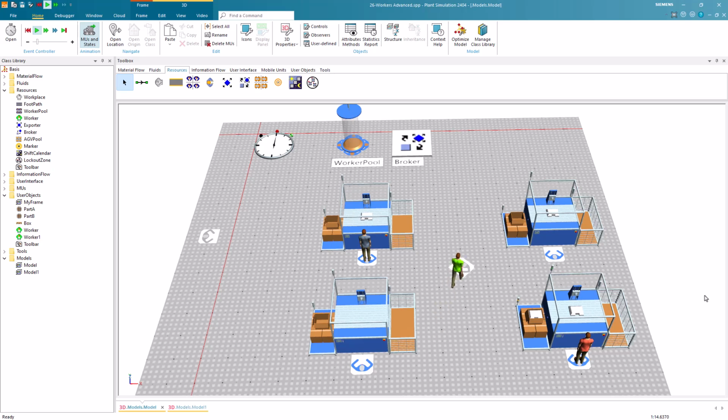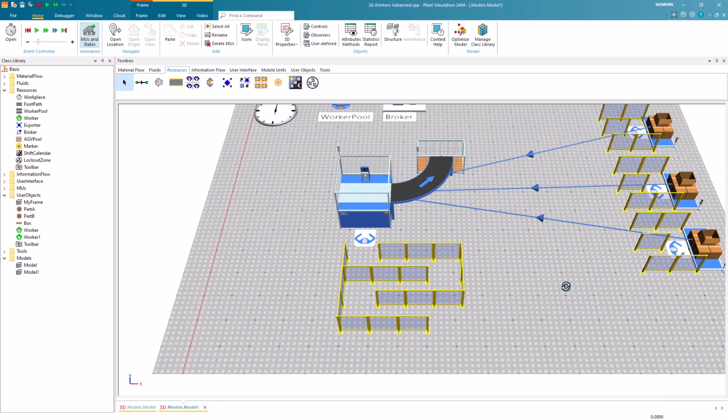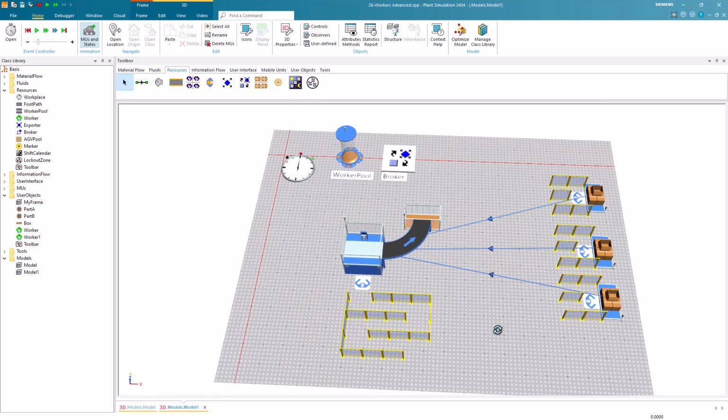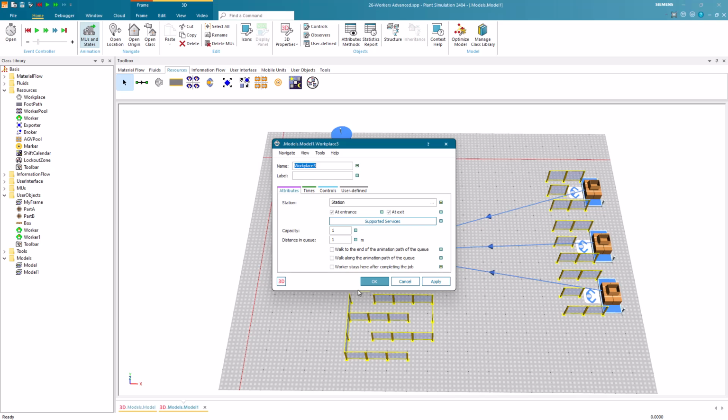Now we will show another feature, which is called Worker Queue and Barred Areas. To do so, we switch to a new model frame. In this model setup, we have inserted a worker pool, a broker, 4 workplaces, and connected the sources to the station to specify the destination for the parts. We have activated the transport importer at the sources. For the workplace at the station, we have deactivated the option for the worker to stay at the workplace after finishing the job.